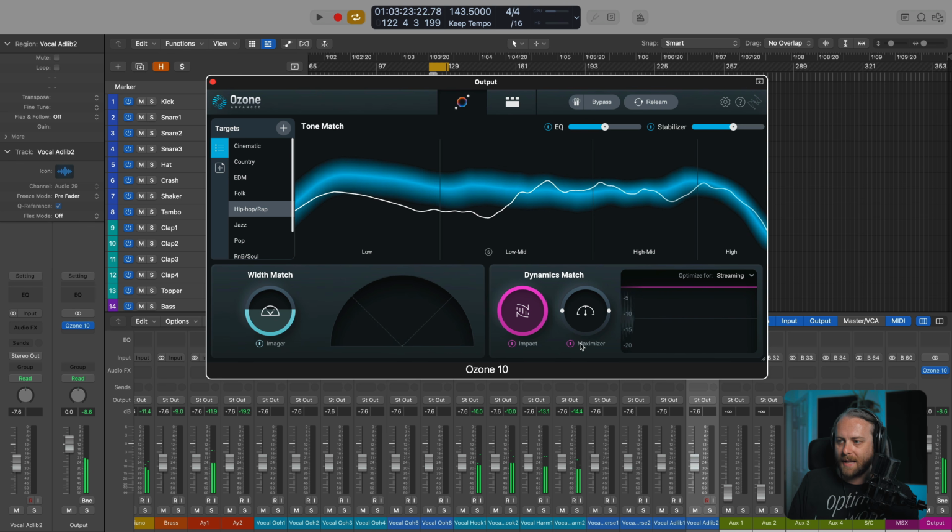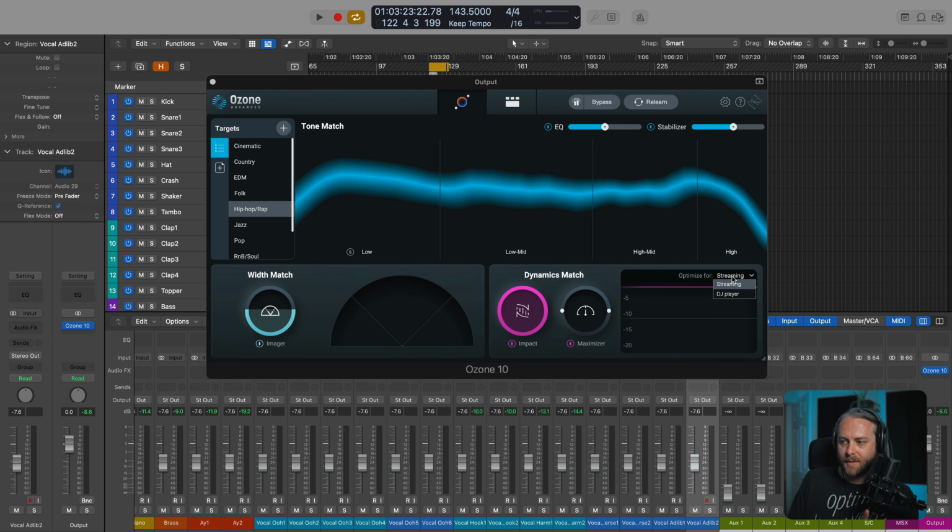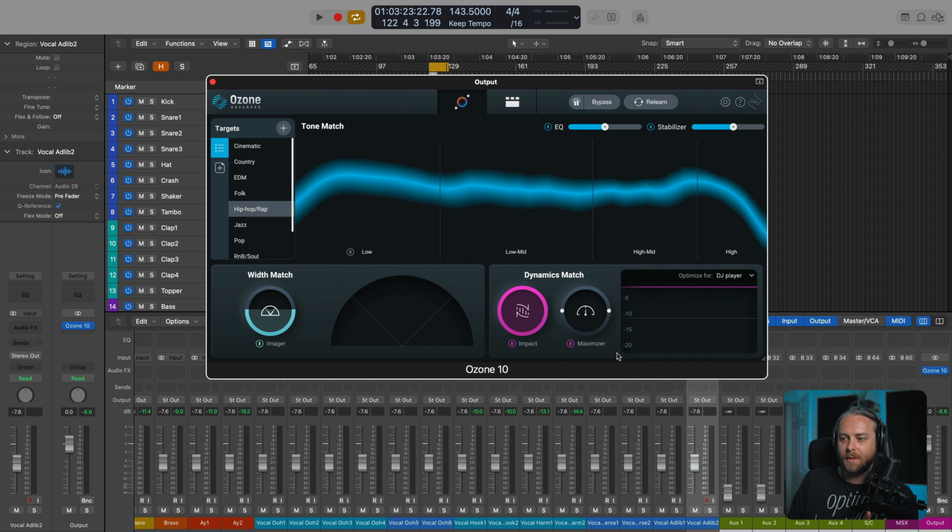Now on the maximizer side, we have up or down 4 decibels, okay? And typically if we're on a target here, the maximizer's threshold will settle to about -10 LUFS. And that's because we're optimized here for streaming. If we're optimized for the DJ player, it's another 2 LUFS down, so -8 LUFS, and still scaling plus or minus 4 decibels, okay?